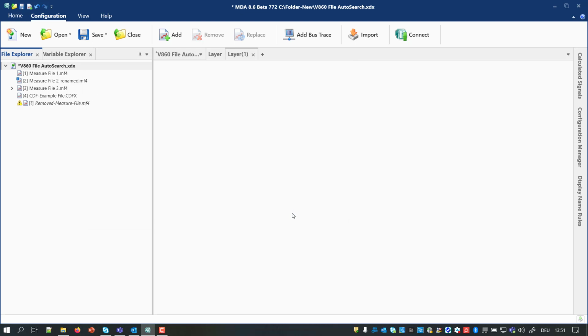Files which were removed from the configuration are ignored in the search, even if they appear in the File Explorer as they cause signals in no-match state. The search for each file is stopped after a first file with the same name was found. The same happens if the maximum search time of 3 seconds is reached.